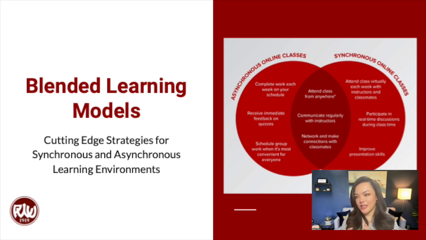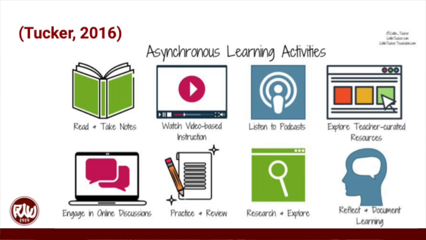We looked at synchronous and asynchronous models. We looked at hybrid models, and there are so many other names for it. But really, according to Tucker, asynchronous learning offers opportunities for children to look at many elements of their learning through different opportunities. And here's just a visual to tell us more about asynchronous learning. Asynchronous learning occurs at different times and in different places. Students can access the content, resources, and activities at any time and from anywhere. Students can control the time, place, and pace of their learning, and they work independently to complete assignments and tasks.